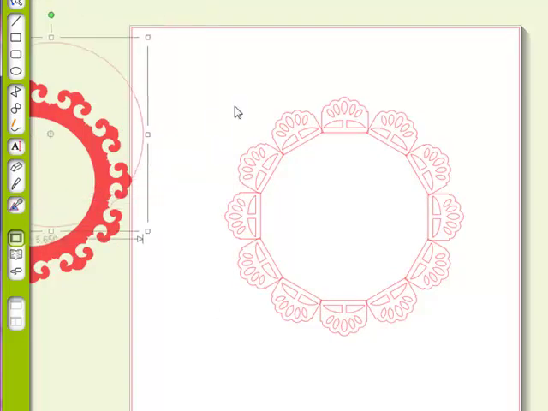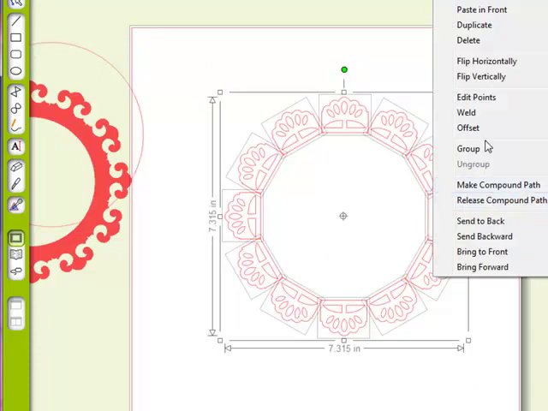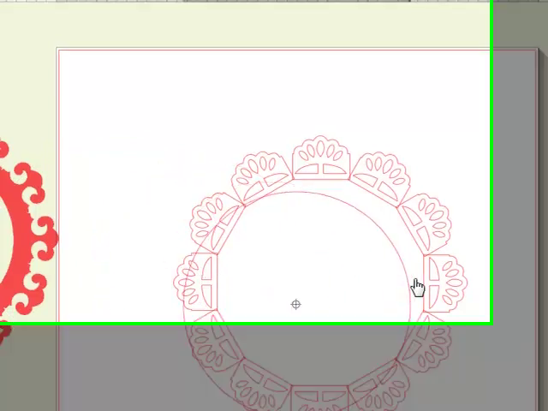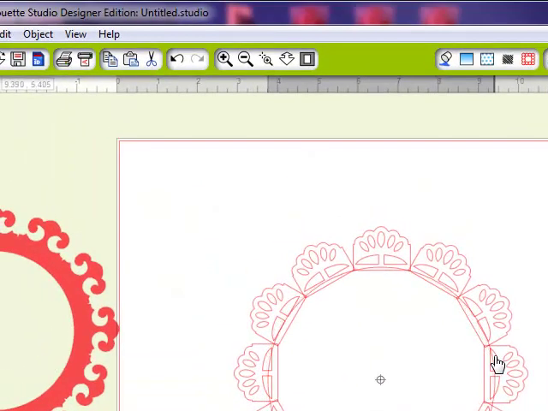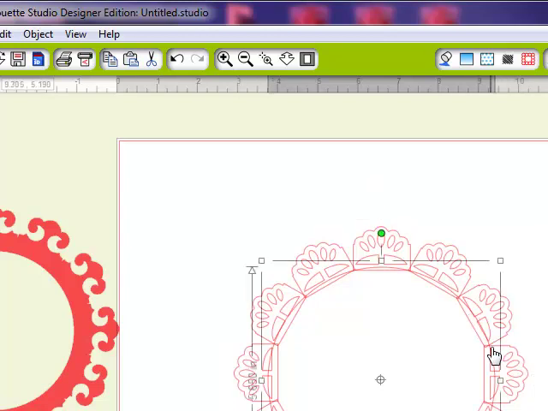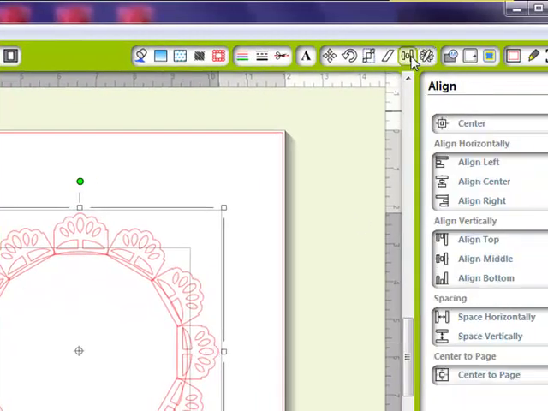Okay, so I move that circle off to the side, and then remember the next step is we can select all of these pieces, right click, and group them for now. I'm going to use the circle, go back in here, and I can already tell that I believe this circle is going to have to be smaller, but we're going to hold this down and go to our line, align middle, align center,